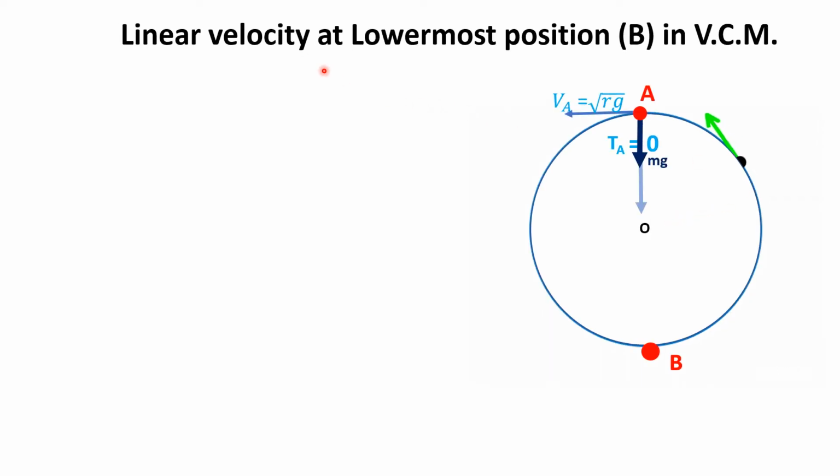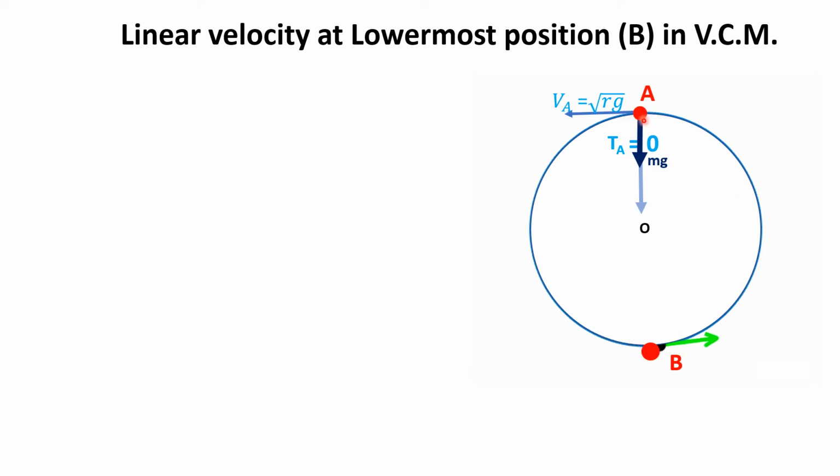Linear velocity at lowermost position B in vertical circular motion. Consider a bob, which is a point mass, performing a vertical circular motion. This bob is tied to a string of length r. Let point B be the lowermost position of this vertical circular motion and point A be the uppermost position in